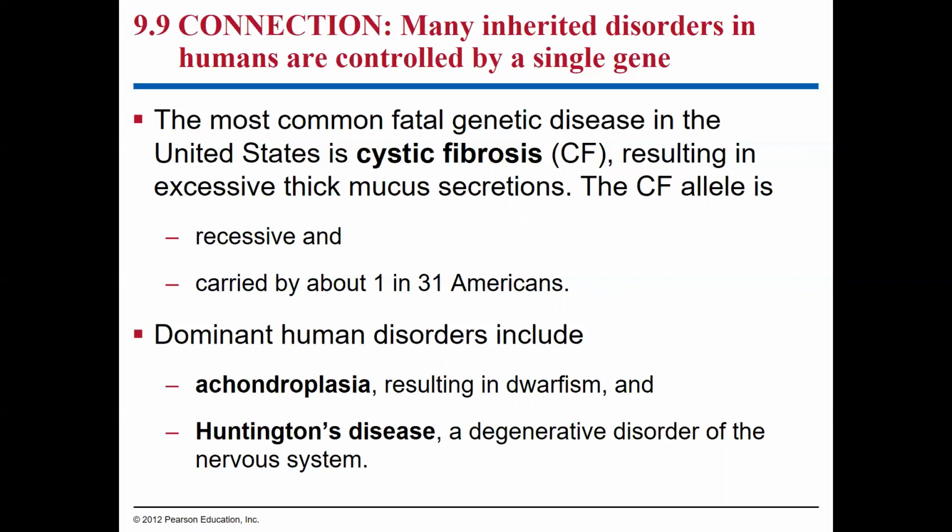There are dominant human disorders which include achondroplasia, which is dwarfism. Another example is Huntington's disease, which is a very sad degenerative disorder of the nervous system and degradation of the brain, which happens fairly early in life, but usually after reproductive stages, and so it is actually passed along